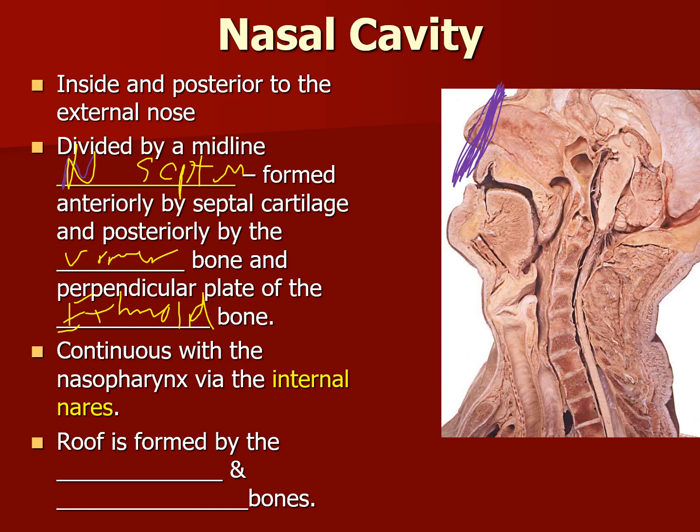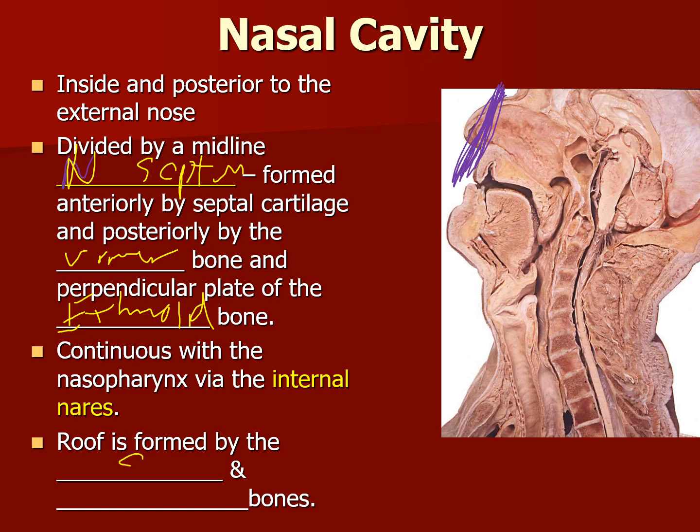So when you look past this cartilage, the cavity goes back down, contrary to what you might think. It is continuous with the nasopharynx into the nares via the internal nares that we have inside here. So the roof is formed by the sphenoid bone,